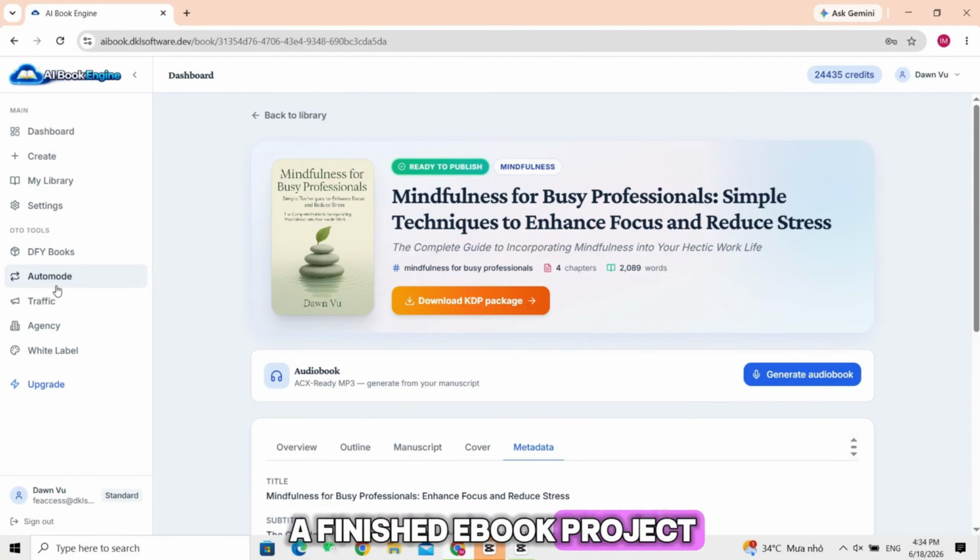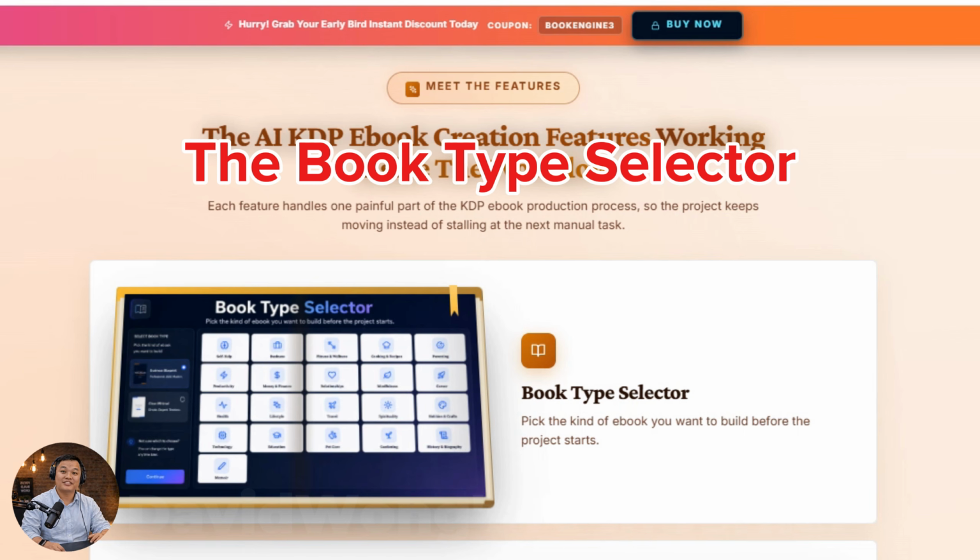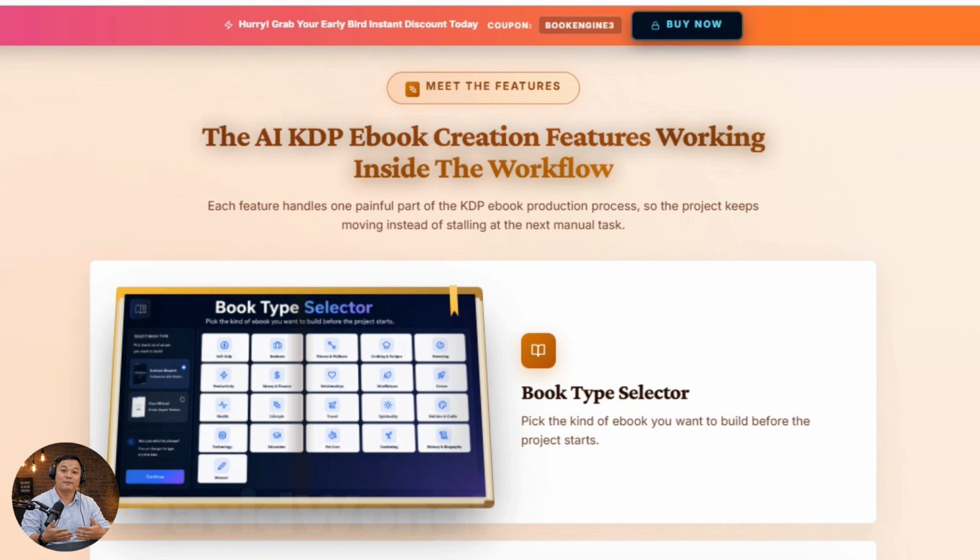a finished ebook project. AI Book Engine comes with a full set of features that make it possible to finish a complete ebook project ready for publishing and selling. These features cover every important step, so you do not have to jump between different tools or get stuck along the way. The book type selector lets you choose the kind of ebook you want to create before the project even begins. By selecting the ebook type first, this feature shapes the workflow around your goal, audience, and content direction